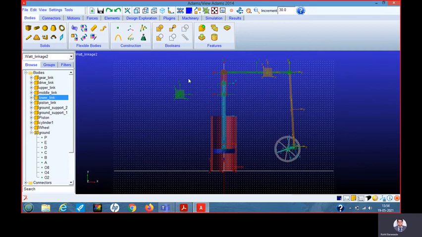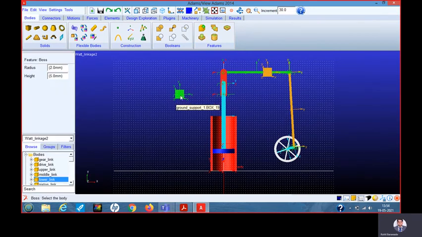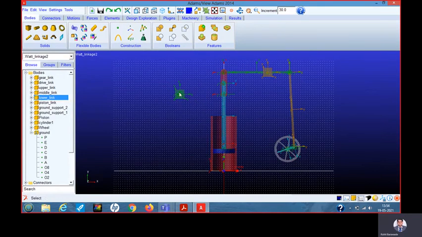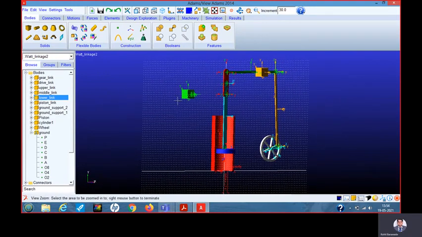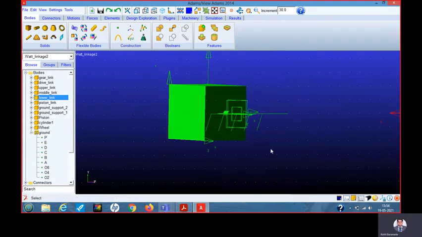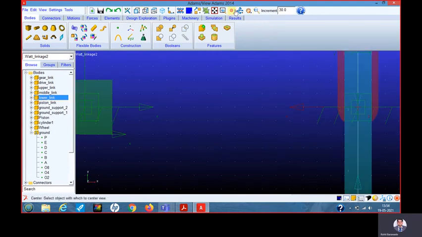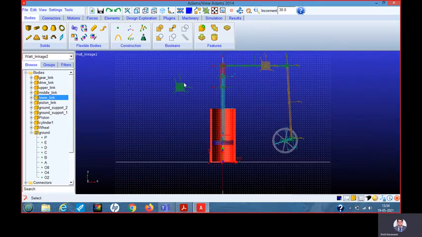Lower link, for some time I will hide it. I will click on it, and at the center it will create a boss. Okay, this boss is created. Okay, so this lower link now. Okay, so this lower link is